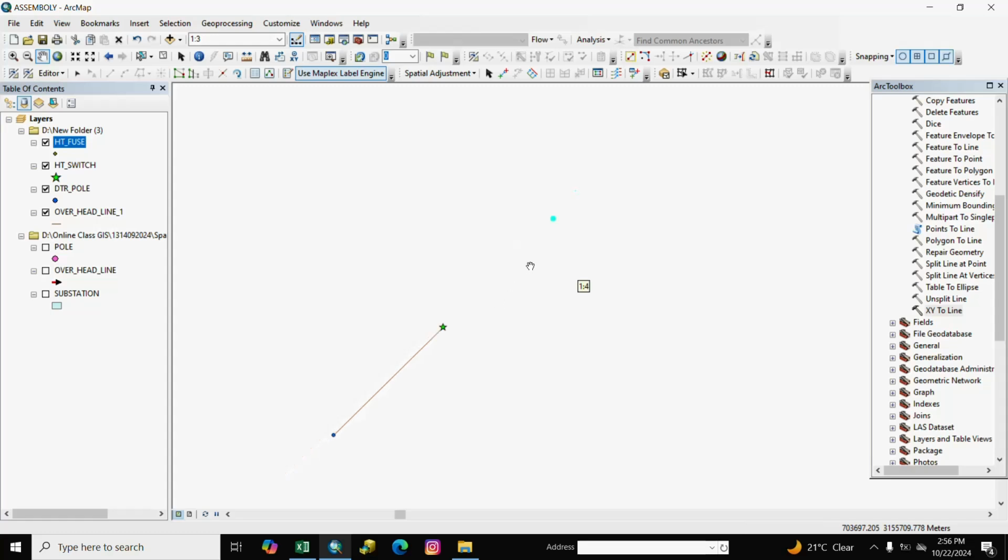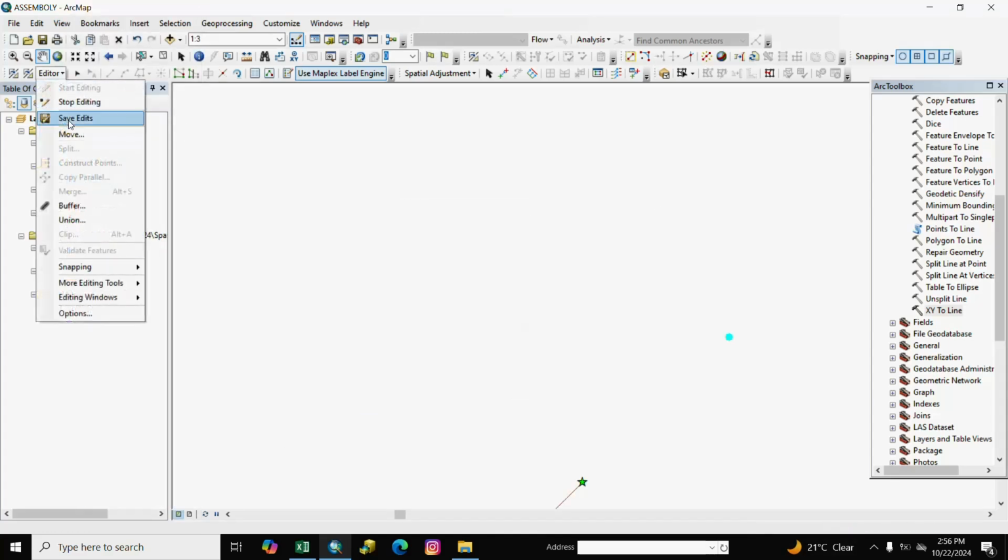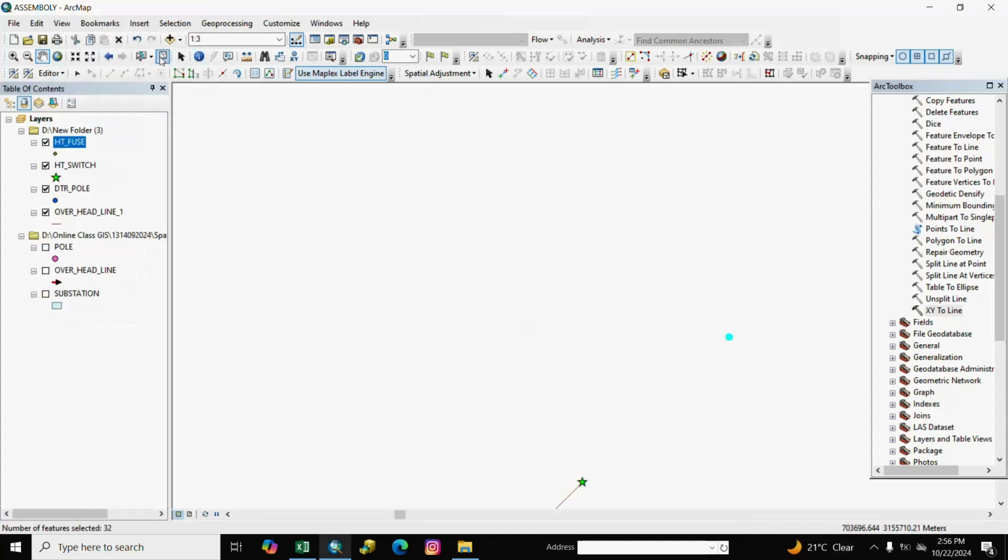You see here our point is moved 0.25 meter. You see here, and we save it. Stop editing.